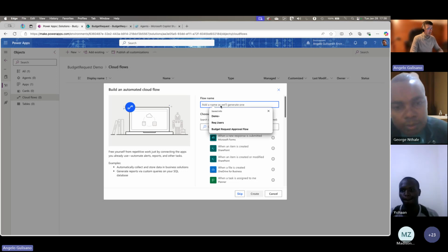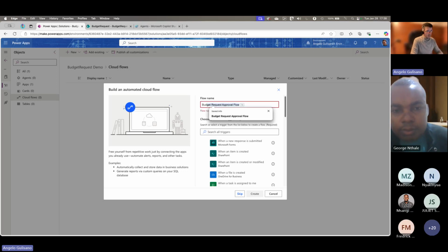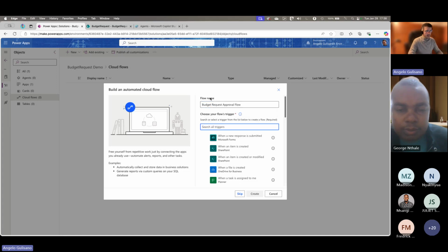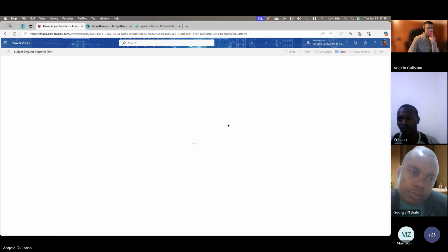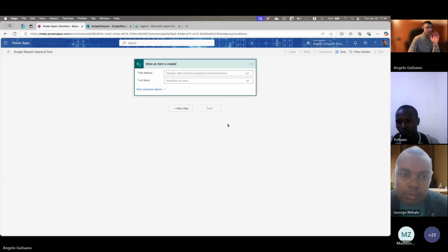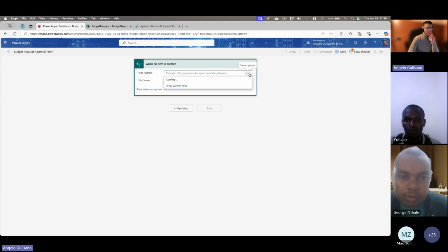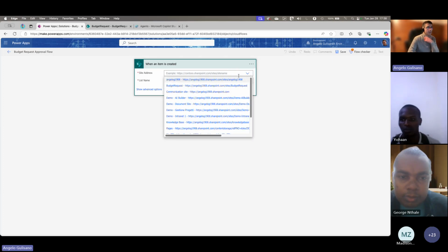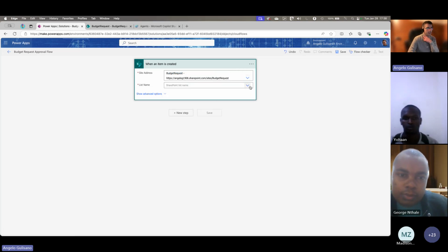So the flow name is budget request approval flow, and the trigger is when an item is created from SharePoint. The first connector is the trigger. Here we are going to connect our trigger to our SharePoint site address, list name budget request.